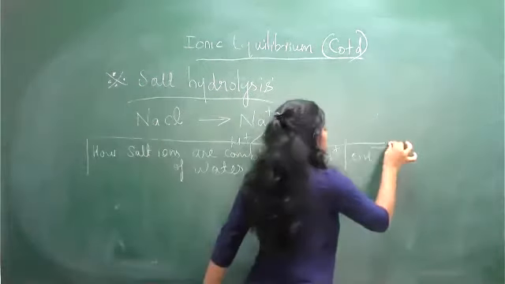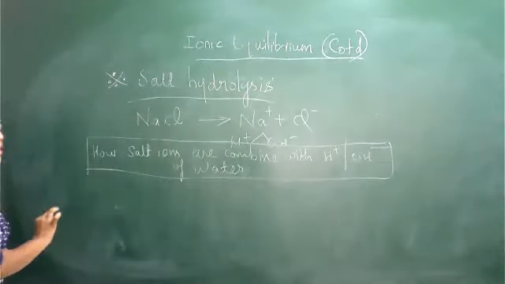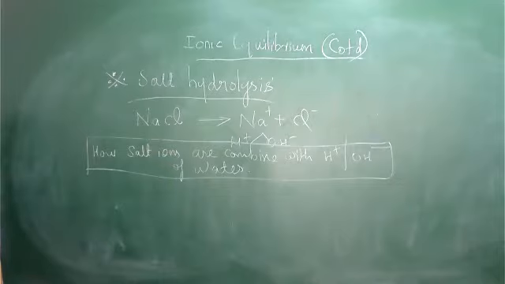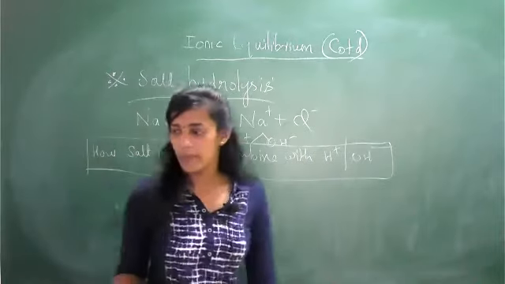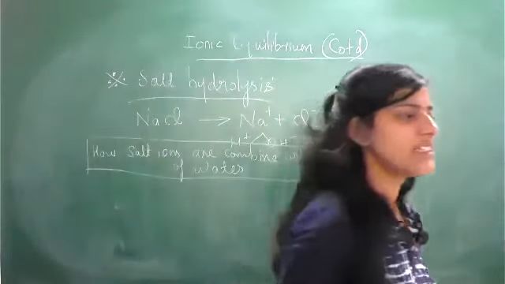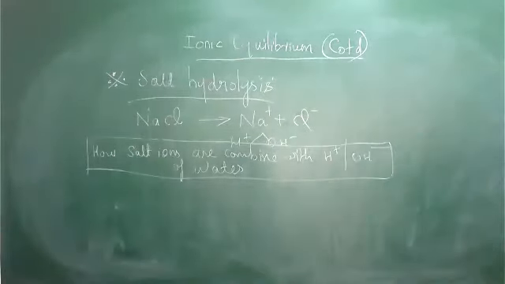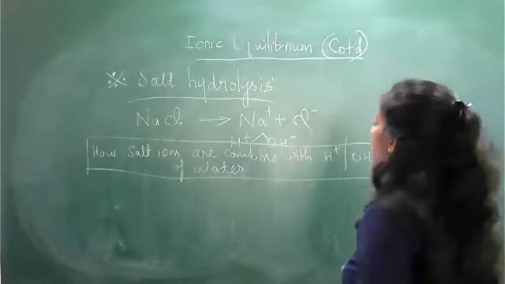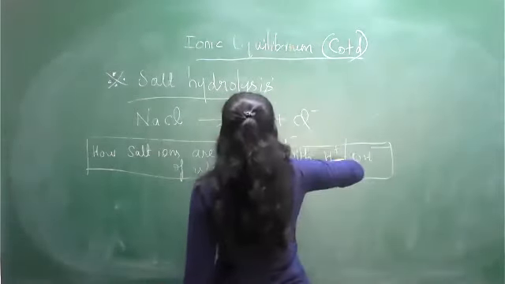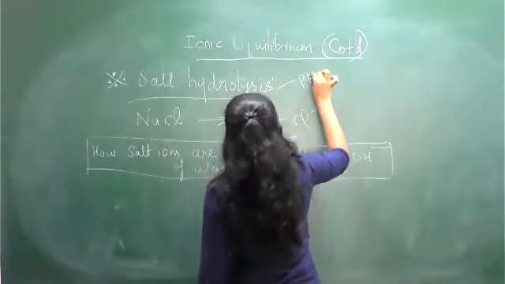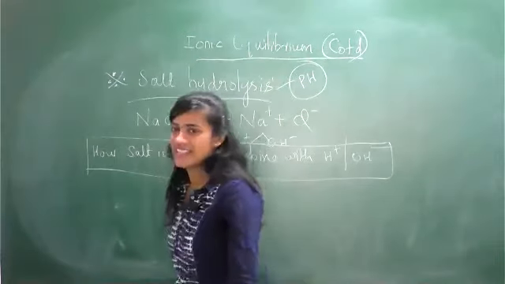If you have any doubt, with the help of this statement everything becomes clear. This is the basis of the upcoming section. How salt ions combine with the water containing the two ions OH minus and H plus, how they form products, and with the help of that dissociation how we can find out the pH. After salt hydrolysis, we want to find the pH. This is also our target.